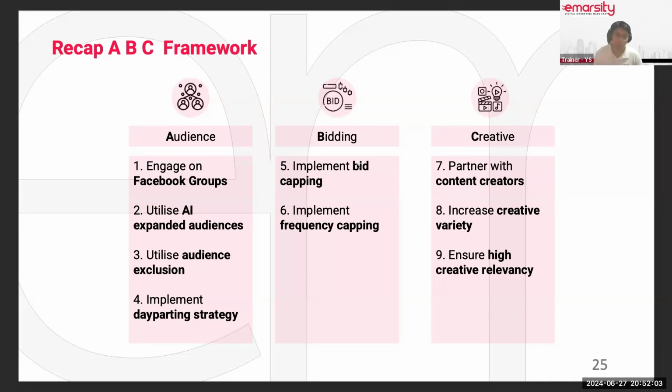The second approach, a more scientific approach we take, is that you say you want to get, just as an example, 50 leads. On average, for B2B, it's usually $25 per lead on Facebook. You take 25 times 50 leads. That is the budget we need to start off with to get you those leads. So there are two ways to start off with budget. One is you start small first, see the results, and if you're happy with it, scale up. The second way is you calculate backwards. You want to get X number of leads or X number of sales, then you multiply by cost per result. That will be your budget.